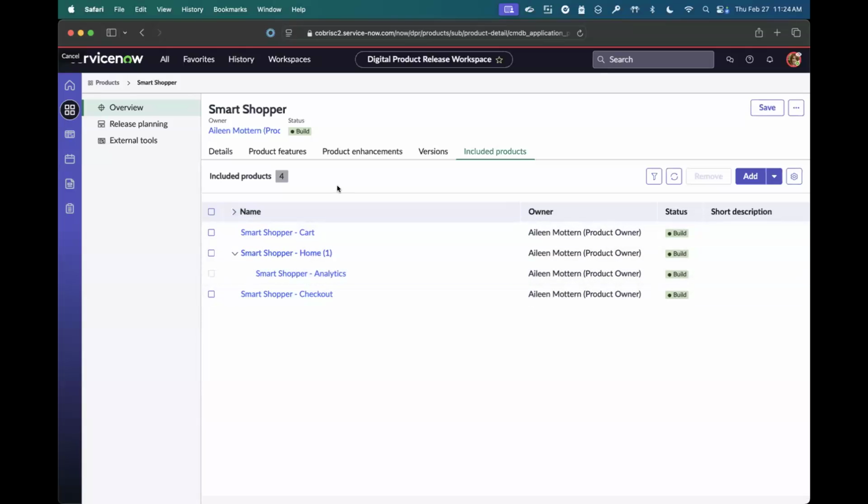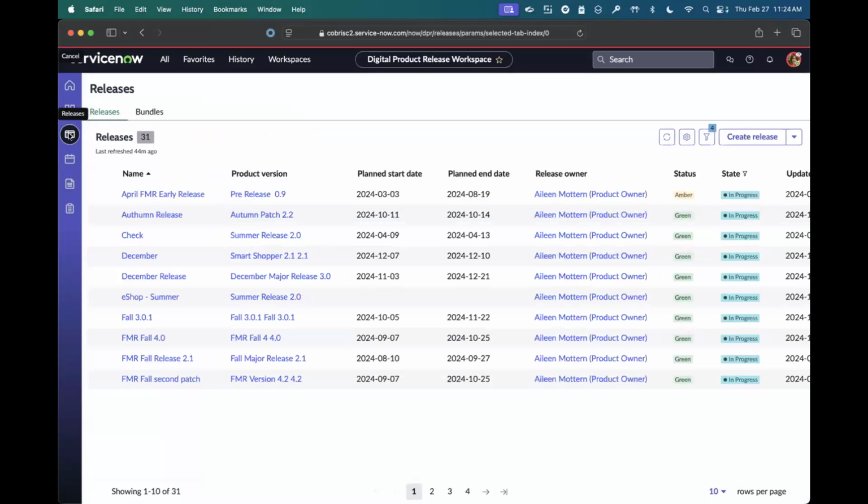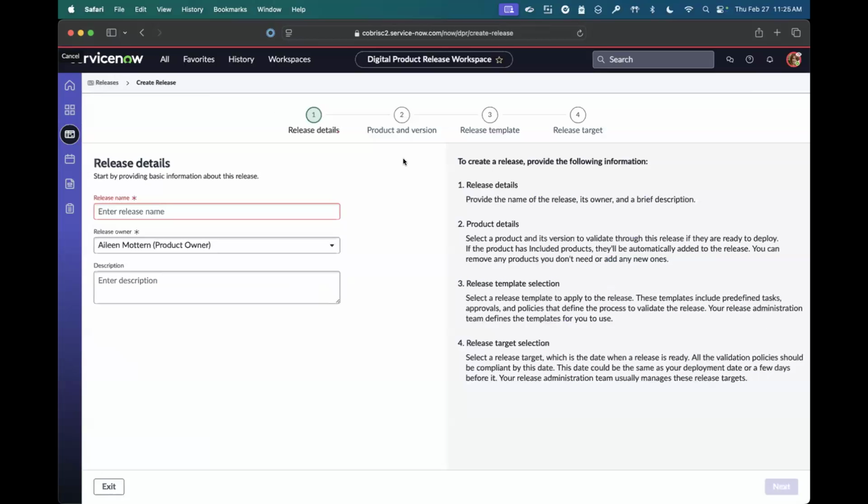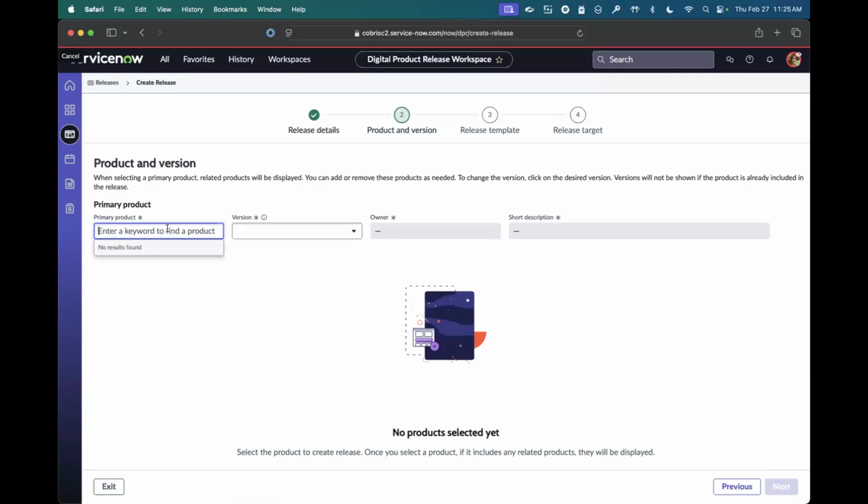Now, the reason this becomes important is because when you create a multi-product release, I'm going to navigate now into the releases and click on Create Release. This is something that we enhanced in November, but we further enhanced it to support multi-product release with February. If I were to create my FMR loan, I'm not going to step through every step of this way, but I do want to show how with